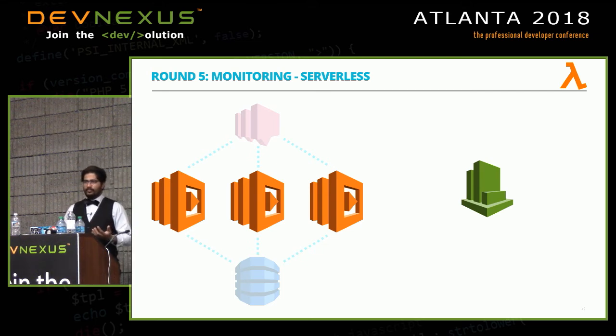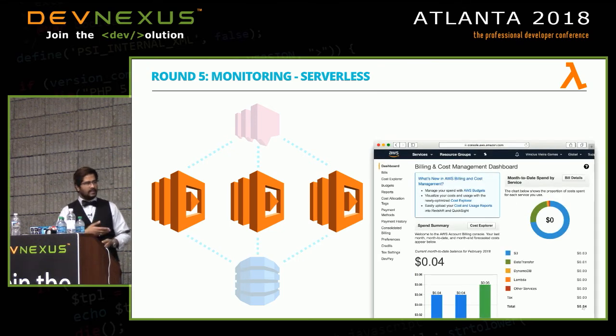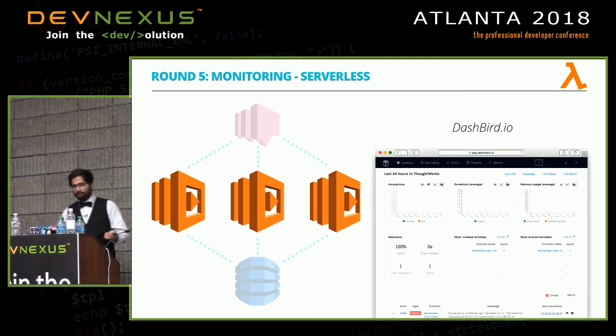The other bit is you probably also want to monitor the cost. So you can use the billing dashboard, which is available inside Amazon, to get this information. Of course, if you don't like going through a bunch of menus and trying to figure out where Amazon's put what inside which sub-menu, the UI can be a bit daunting if you're doing this for the first time. There are tools which aggregate all of this information into one dashboard and make it a lot easier, especially from an ops perspective. From an ops perspective, you probably want graphs to be able to understand what your traffic profile looks like. So there are tools like Dashboard, which are available, which will do exactly this.